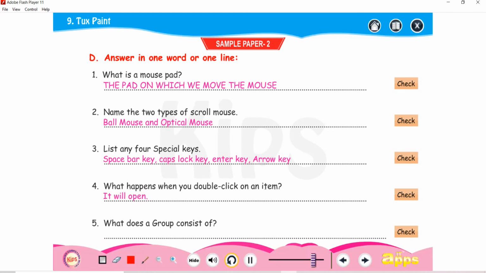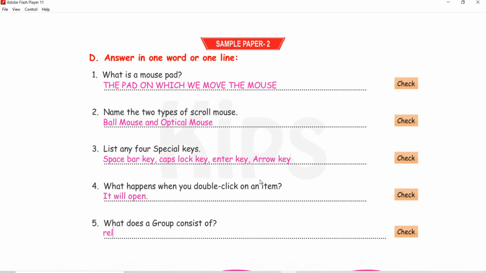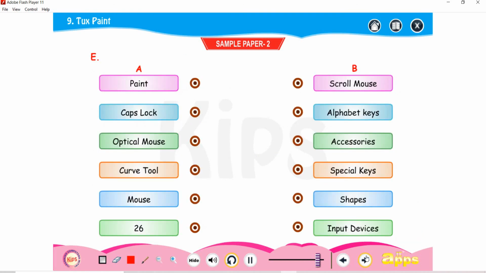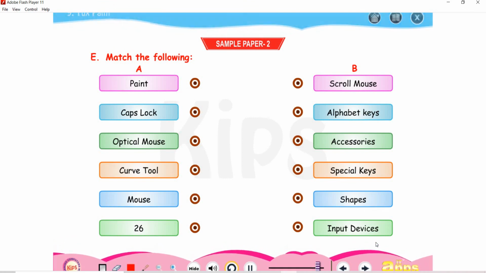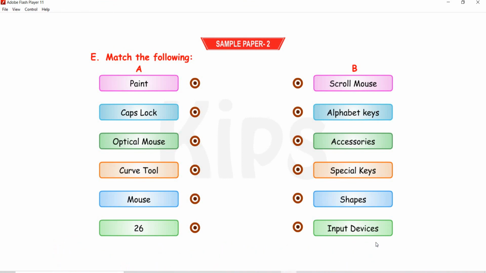A group consists of related commands. All these answers are present in chapters 6 to 9. This sample paper 2 is based on chapter numbers 6 to 9, so you can go through those chapters also.